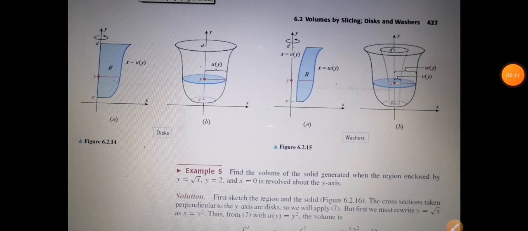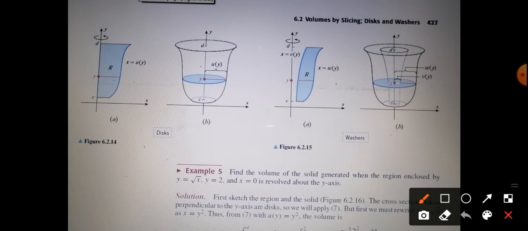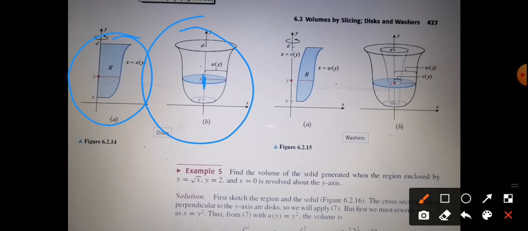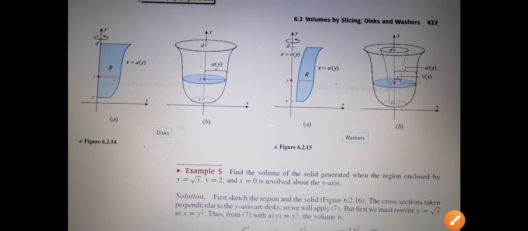The same holds for the y-axis as well, because if we rotate the plane about the y-axis, we will get a volume about the y-axis. So here you can see the disk method about the y-axis, and simply we have to put the limits of y, and the function will be x is equal to f of y whole square. That's it.